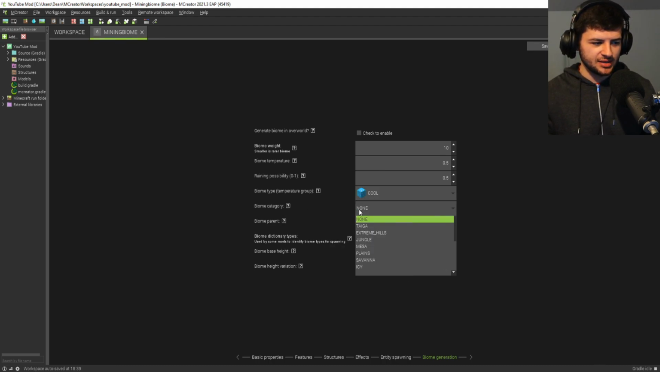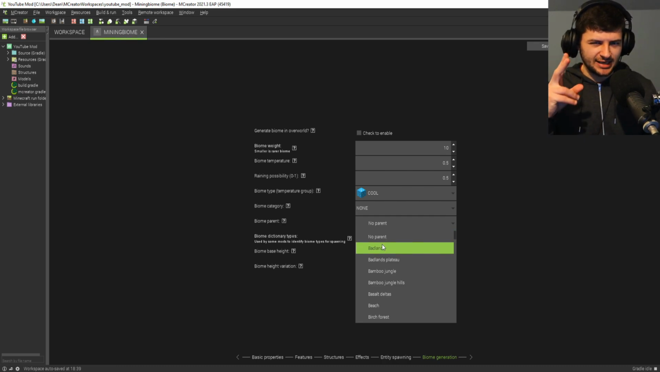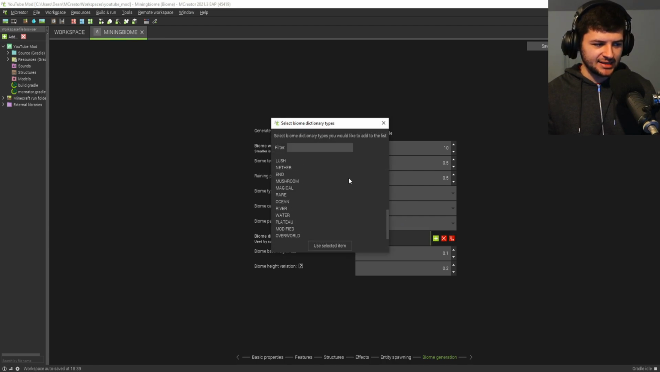The biome category is what the dimension should be in terms of the category. So it doesn't really suit any of these. So we're going to leave that. The biome parent, if you make something like one biome called the mining biome and then the deep mining biome, you'd want the deep mining biome to have the parent of mining biome, just so they're kind of in a group together. So this is what this means. Biome dictionary types, these are just tags. We could just add a few to our biome. Now, our biome doesn't really fall into any of these categories, but I could just add rare for an example